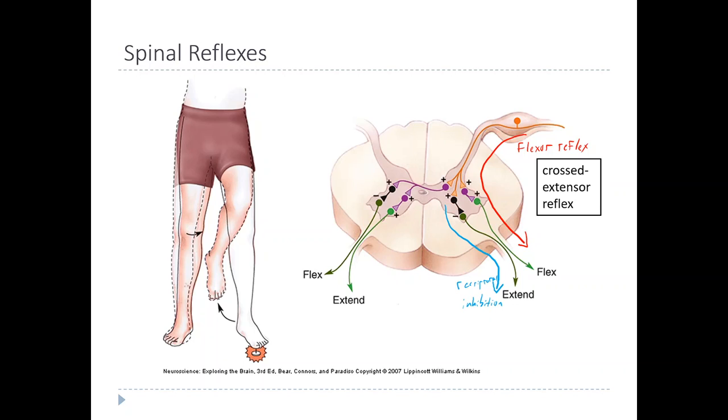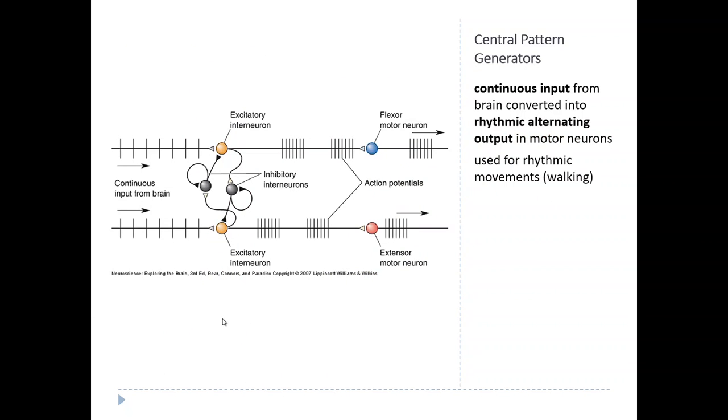But again, it's built up from a simpler set of reflexes. And in a lot of ways, pretty much every movement and everything the nervous system does is like this. It's just a complicated circuit that's built up from a lot of simpler circuits. So another example of an important reflex or set of reflexes